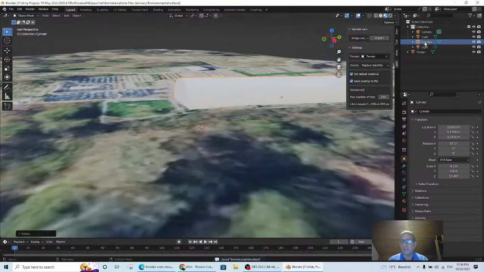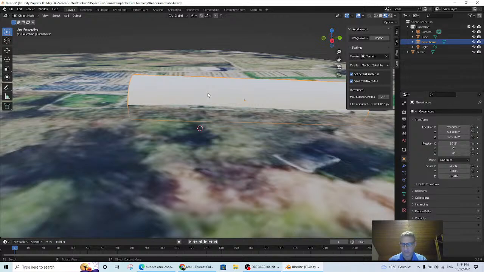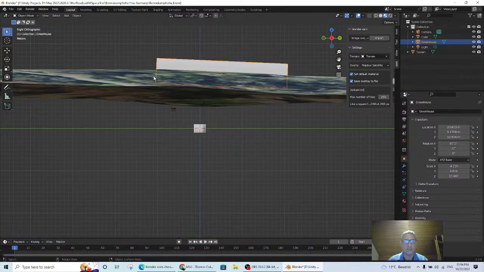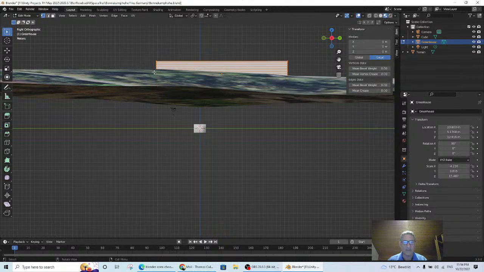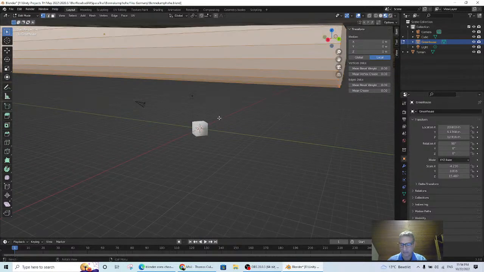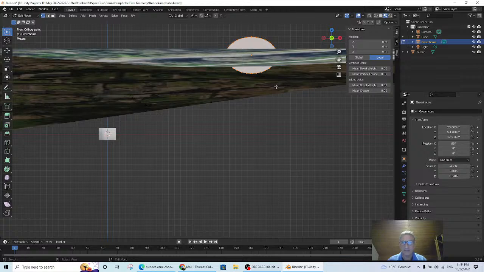Now this cylinder is going to be called greenhouse, but of course it needs to be cut in half. And there's two ways to cut it in half. There's several different ways to cut it in half. But what I'm going to do is I'm going to rotate it again along the grid line, so it's easy to see. I'm going to go tab into this. There we go. And let me